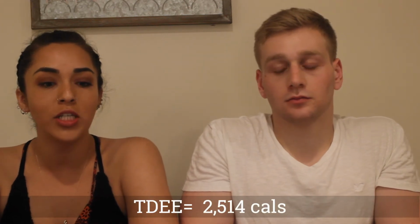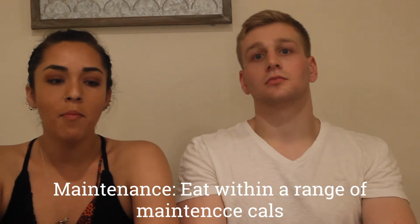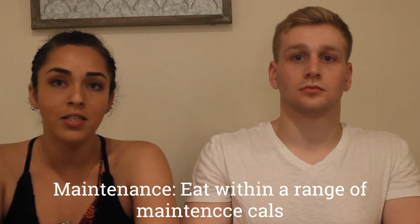So if we take all of this into consideration, the female's approximate TDEE is 2,514, and surprise, this female is me. And this is a super close approximation to my maintenance calories of what I use. So how does this number tie into our goals? If I would want to maintain my weight, I would just have to eat the same amount of calories that I'm burning. Super simple. So at my current weight, I would have to eat around 2,500